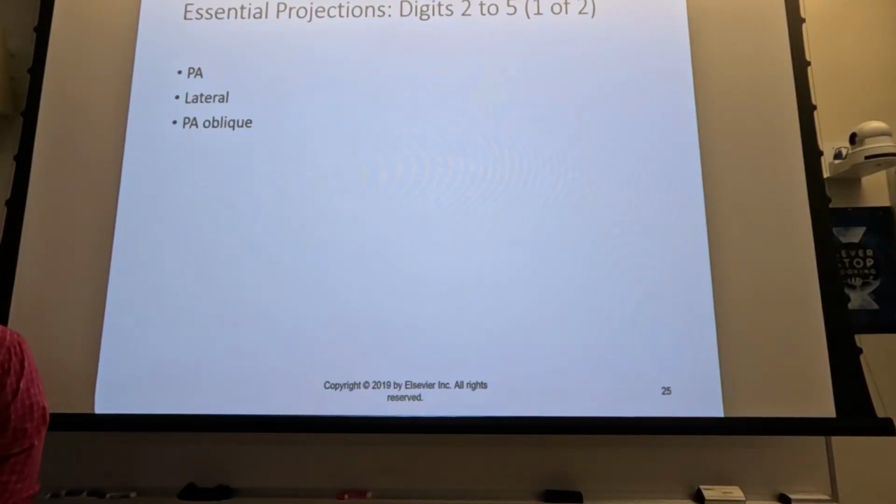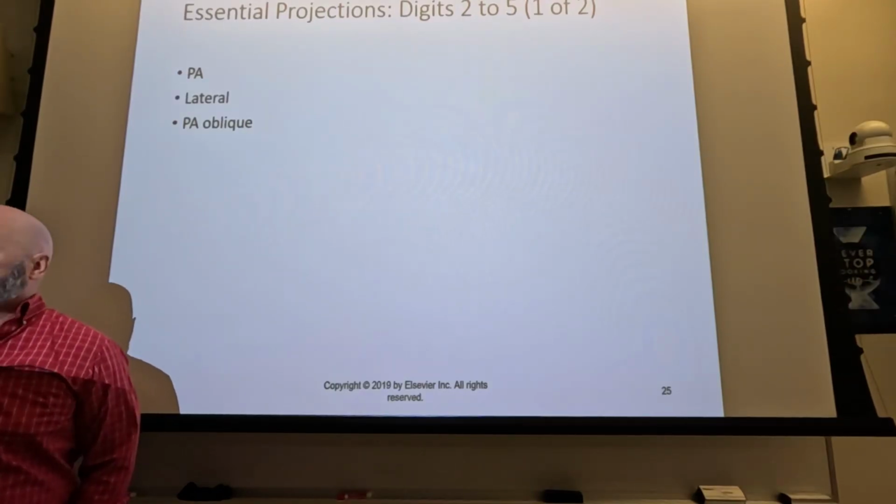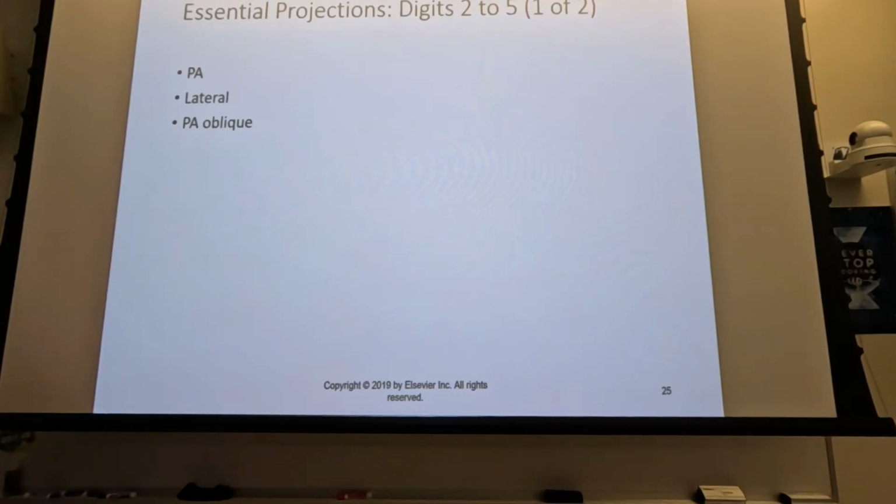So we've talked about magnification. How do we minimize magnification? Put the part closest to the image receptor. So all these are going to be shot at 40 inches. You're not going to shoot any fingers at 72 inches. They're all going to be at 40 inches. And a couple of things about that